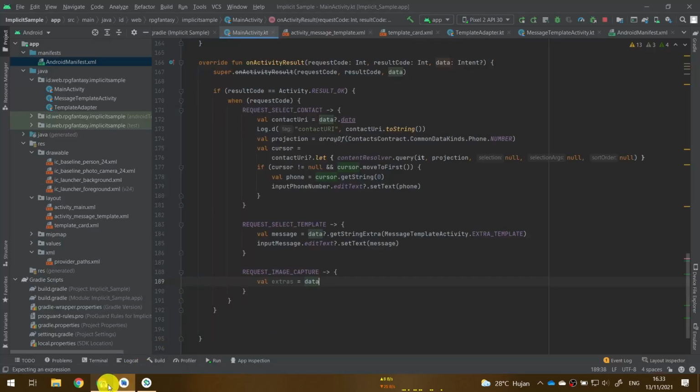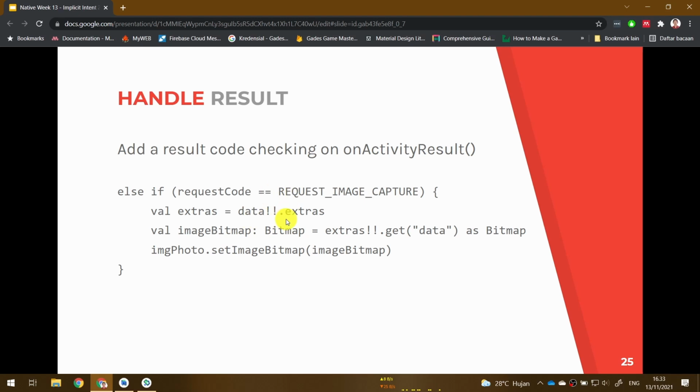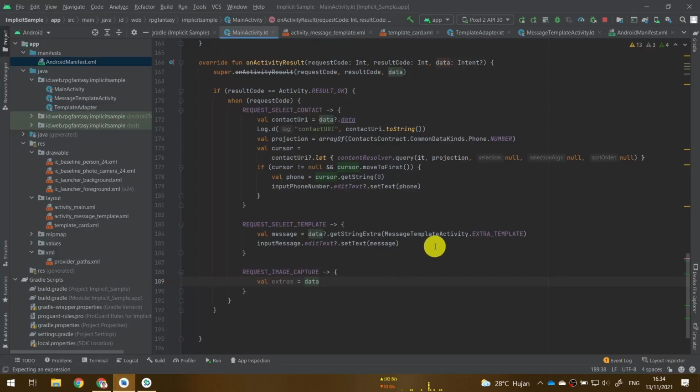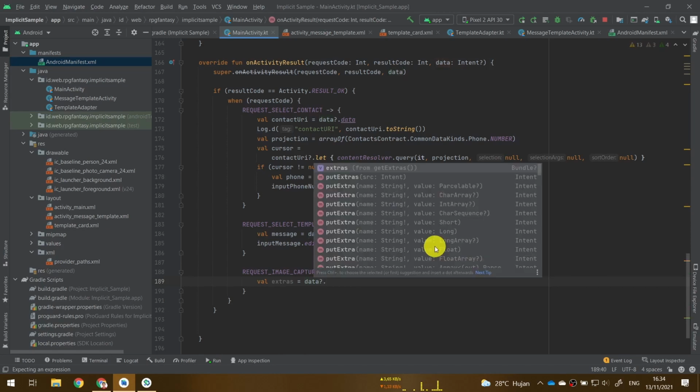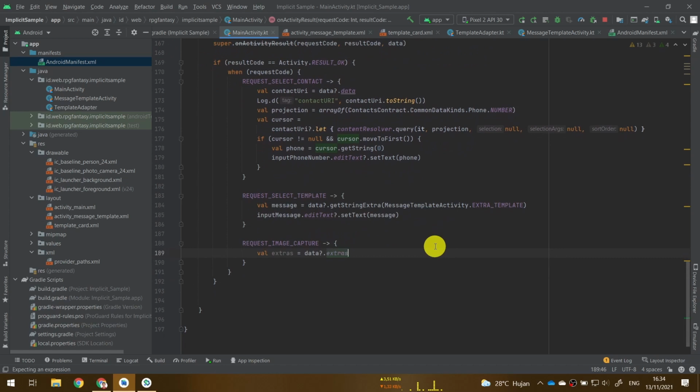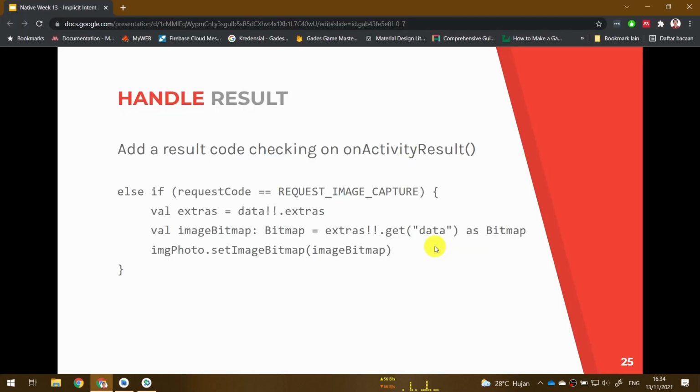But if you don't want to use a non-null assertion operator, finally I remember the name, if you don't want to use this double exclamation mark operator, then let's change it later. I will try to use a safe call operator first. So file extras is data?.extras.